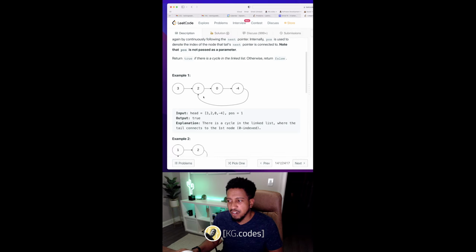And what you can figure out from that is that if there's a loop, eventually these pointers are going to equal each other, because the fast pointer is going two times faster than the first one. So think about if somebody's in a race and they're going twice as fast as somebody else, eventually they're going to catch up to each other in the same spot, because